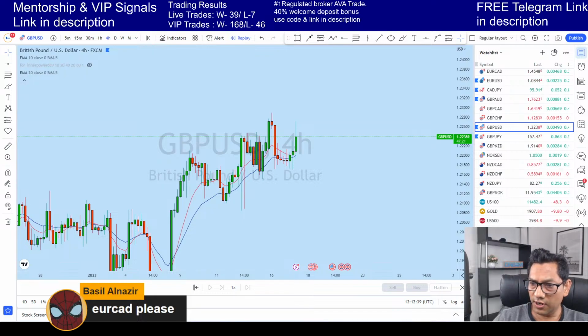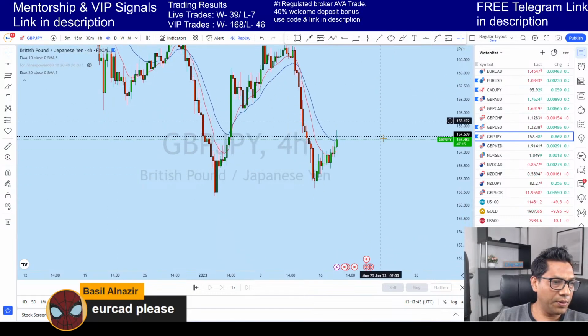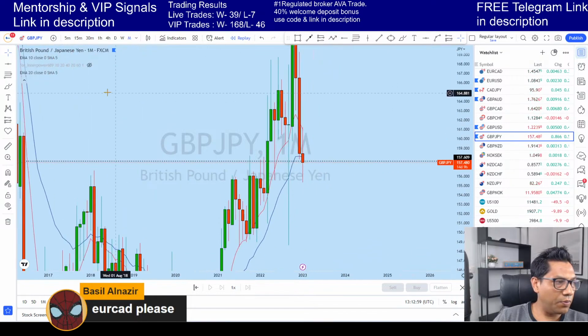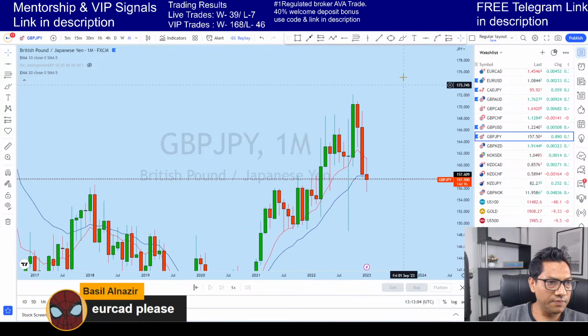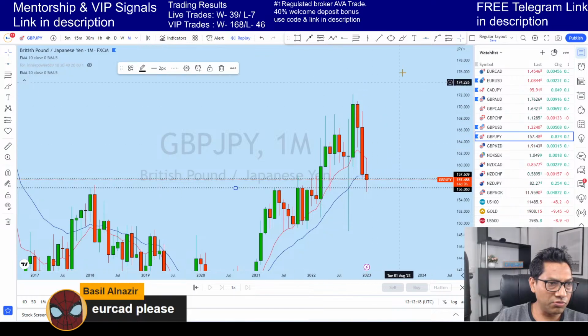So let me look at GJ now. Let's look at GBP JPY. Now GBP JPY, guys, you can see that there was a massive drop here. This is the 4-hour time frame. So let's look at the overall bigger picture to see which way the market is heading. From the monthly perspective on GBP JPY, we see that this market is bearish. Starting from here, there has been a monthly impulse. Basically the price has come to this monthly level of previous resistance zone here,